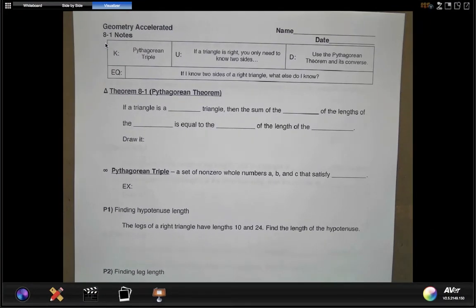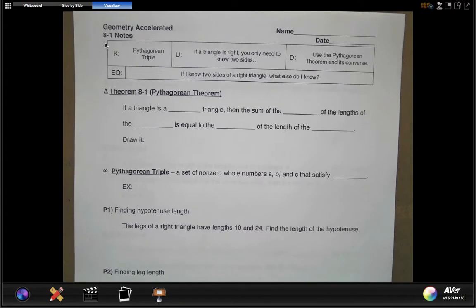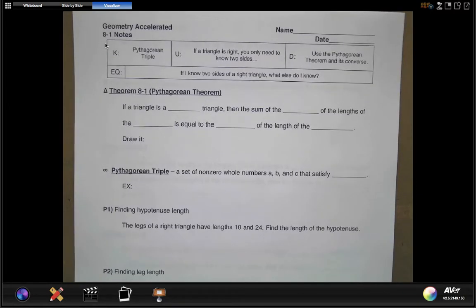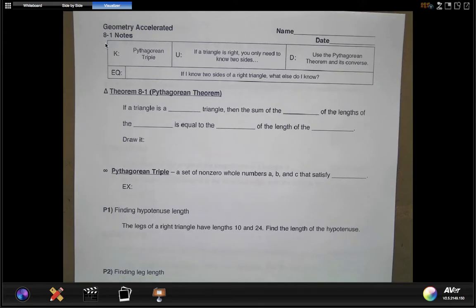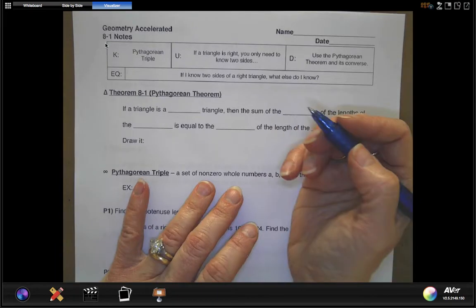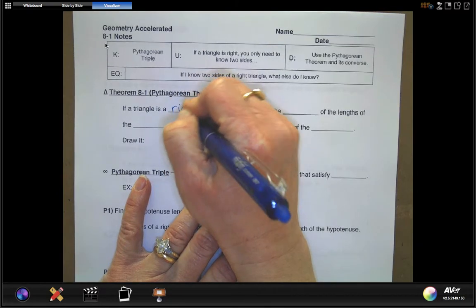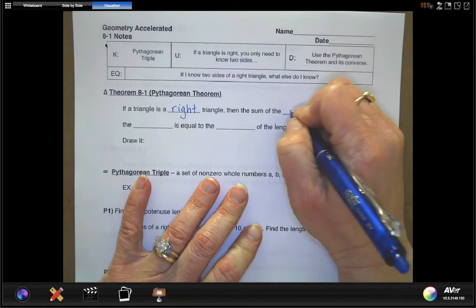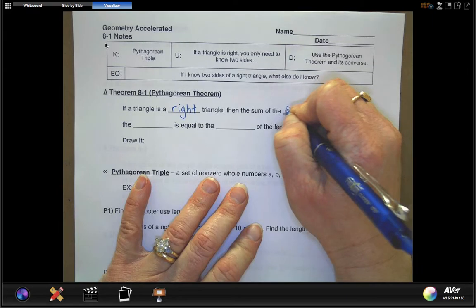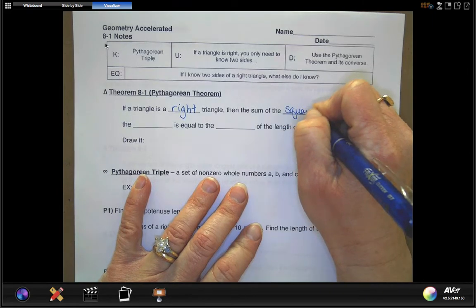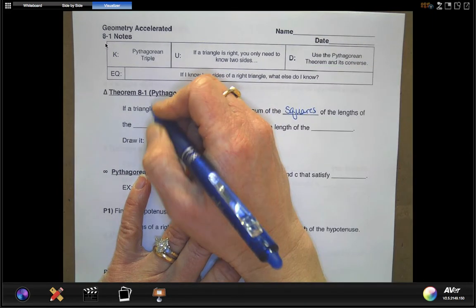Okay, so chapter 8, we're still continuing to talk about triangles. We definitely talk about triangles a lot in geometry. Some of this stuff should be familiar, so you've heard of the Pythagorean theorem. So if a triangle is a right triangle, then the sum of the squares of the lengths of the legs